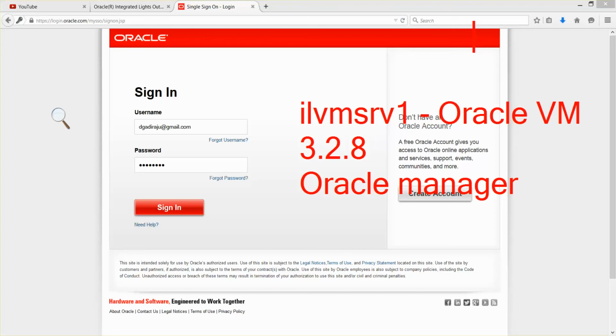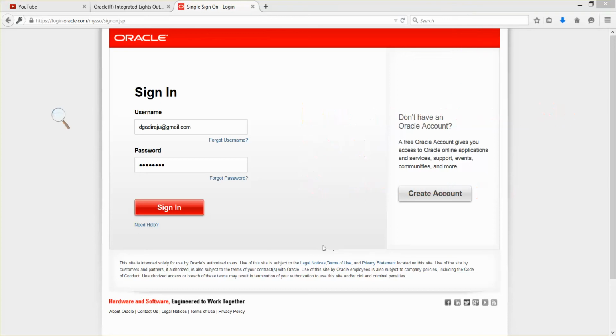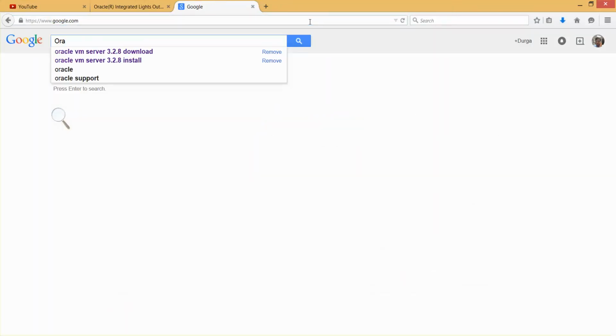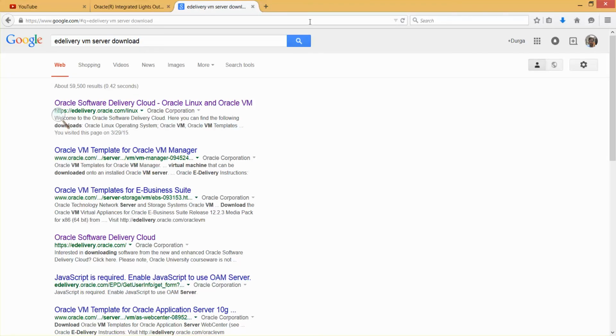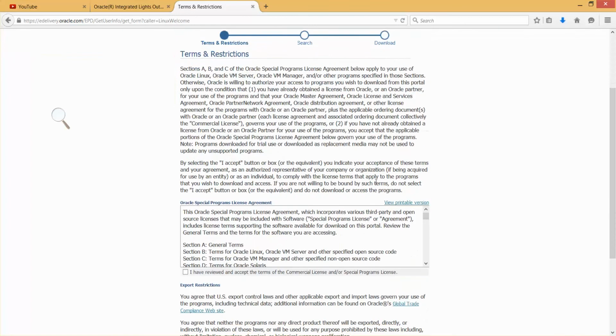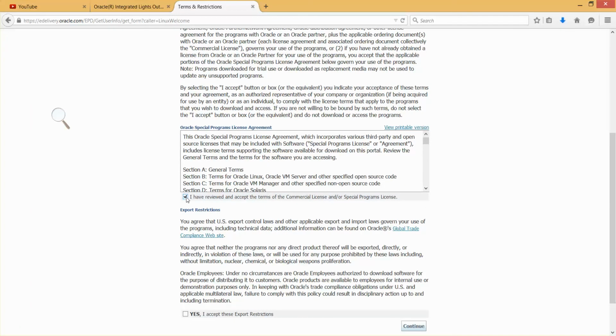For that, you have to go to Google and type Oracle eDelivery VM server download. It will take you to the eDelivery link where you have the software, and you have to accept a couple of agreements and then click on continue.